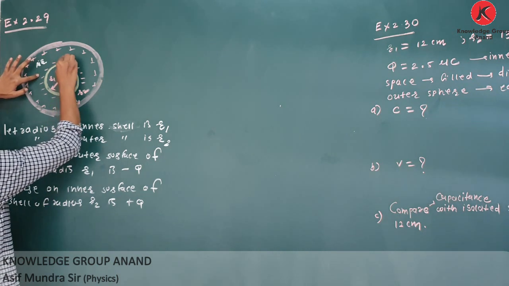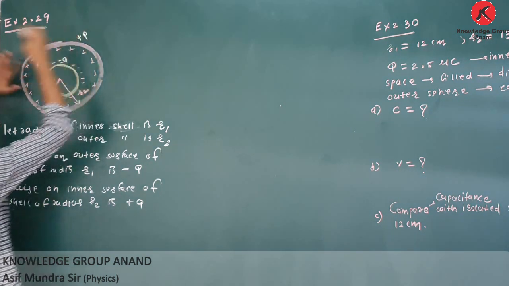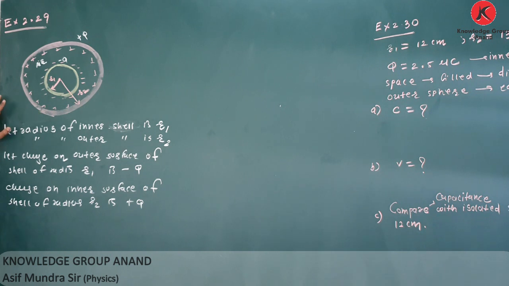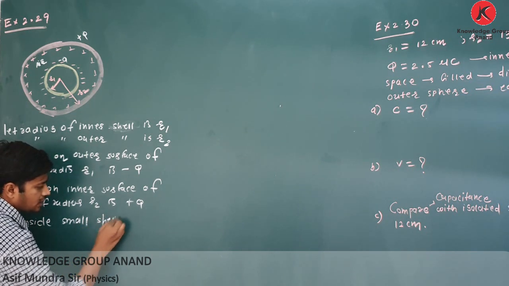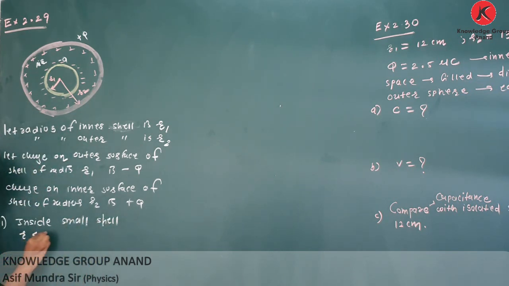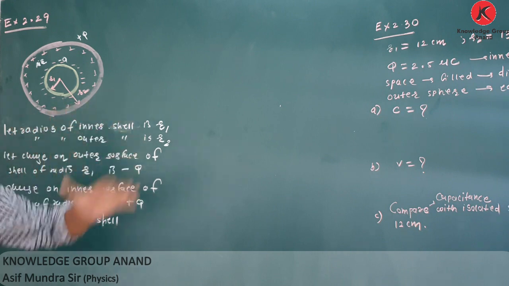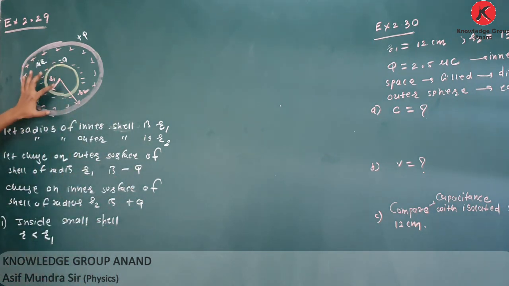Here it is minus Q charge and here it is plus Q charge. Now, if I am taking one point inside this small shell, first case, means if I am taking r less than R1, and if you apply Gauss law, or if you know electrostatics of conductor, inside this conductor, electric field